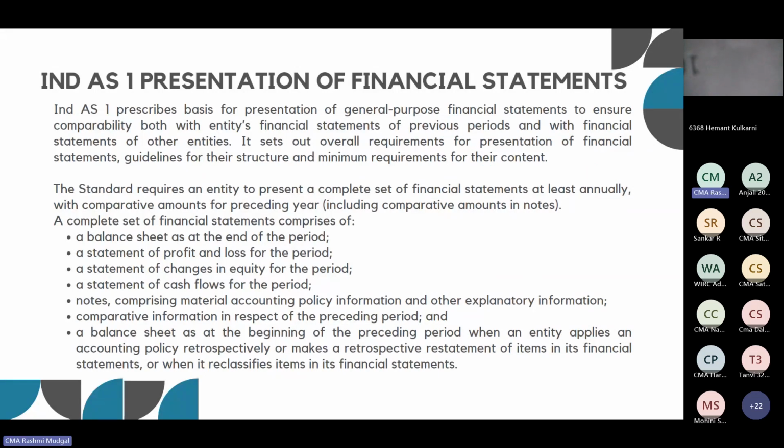The complete set of financial statements consists of: firstly, the balance sheet for the period as well as for the previous year. Next is profit and loss, also for the financial year as well as for the preceding year. Next is changes in equity of the period. If my capital structure has improved, or somewhere I have changed the equity in the period, I have to mention it in my financial statement. Next is the cash flow statement of the period.